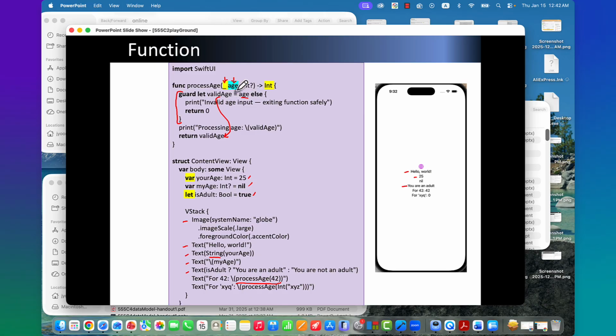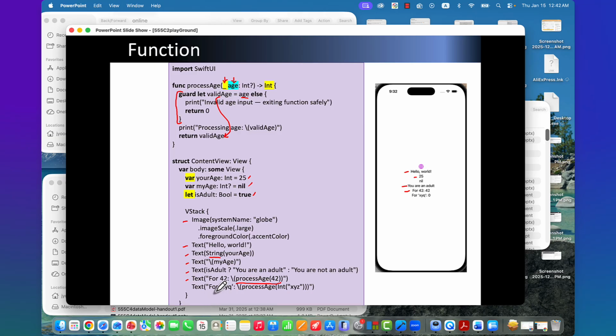If we successfully assigned, because validAge comes when this function is called, like this time, 42 comes here, so it can be assigned to validAge. Therefore, we simply print the validAge and return. Then 42 comes here. So the text 42:42. That's what comes here, right?